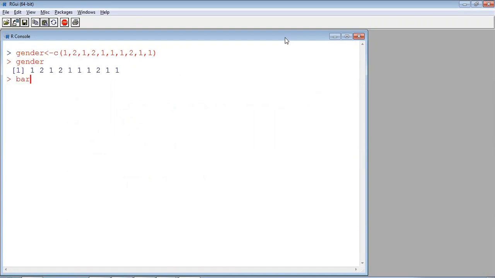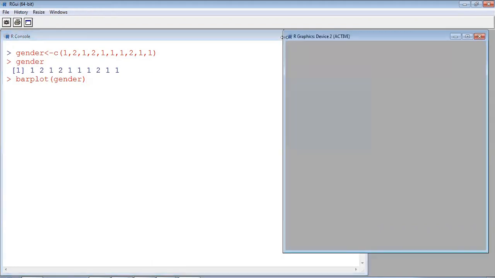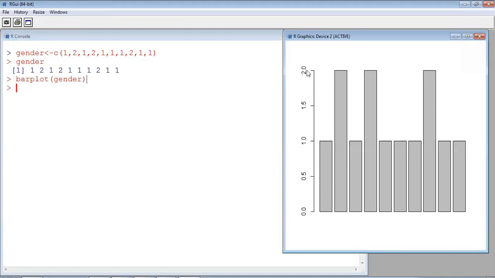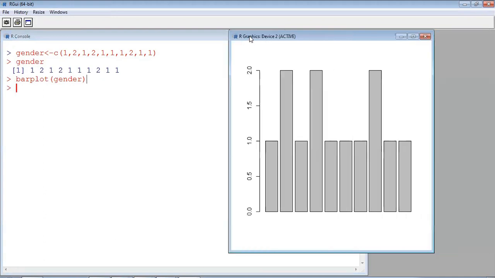So now you can apply barplot of gender. Here we didn't find the absolute or relative frequency. Simply for that vector, we are applying barplot. Even in this case, not a problem. Here you can see it displays every value, one bar is created. So total 1, 2, 3, 4, 5, 6, 7, 8, 9, 10. Here 10 observations are there, 10 persons. So for each person, the values are 1 or 2. 1 denotes male, 2 denotes female.